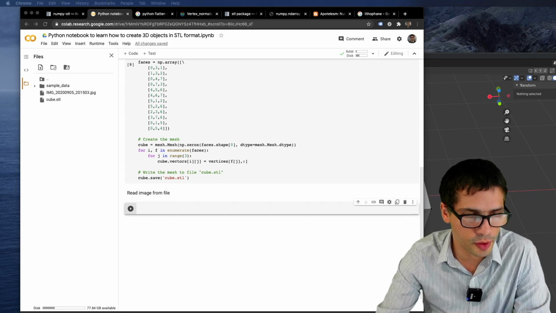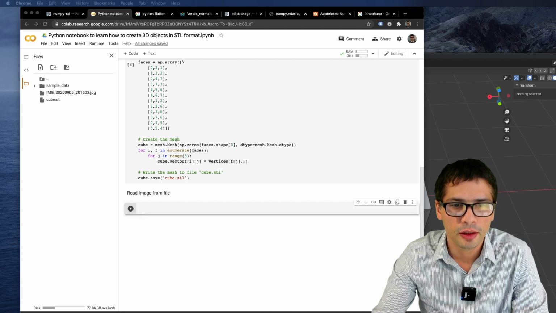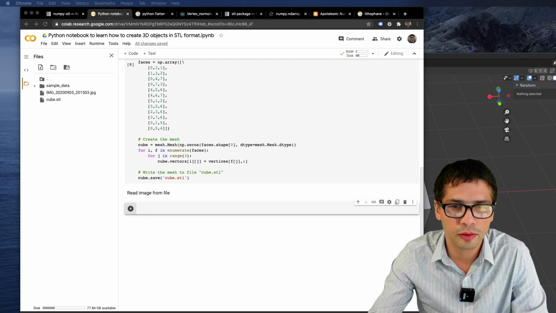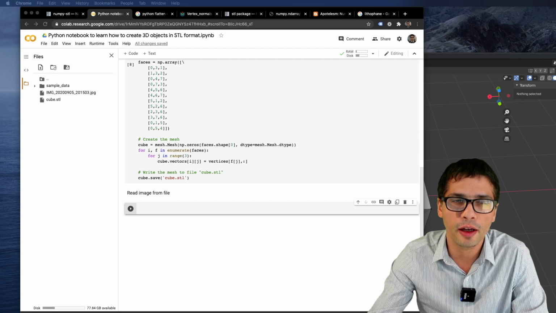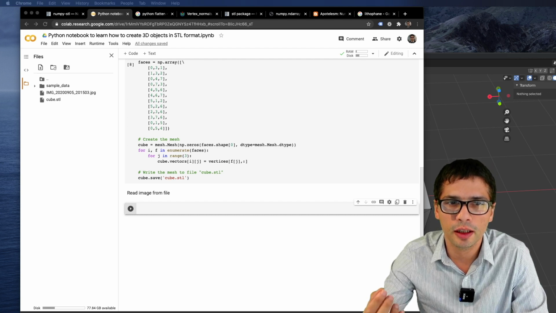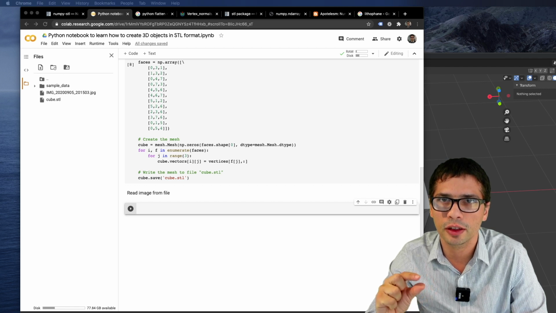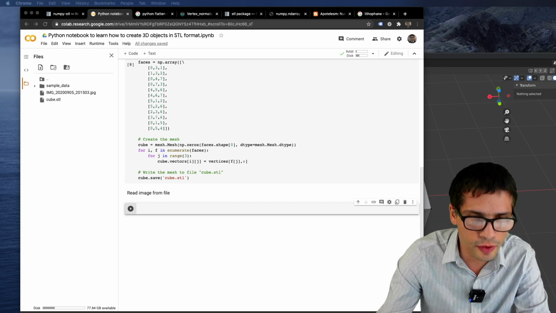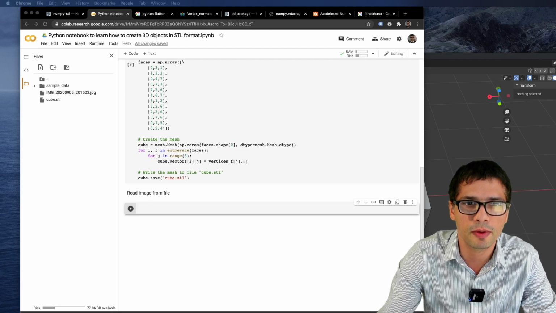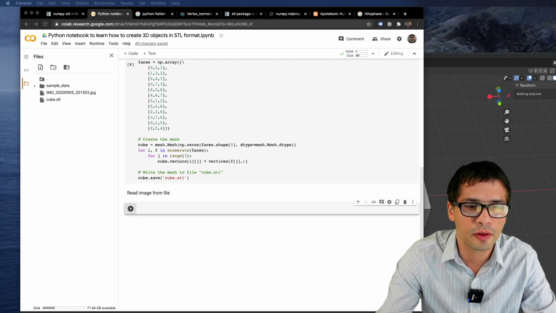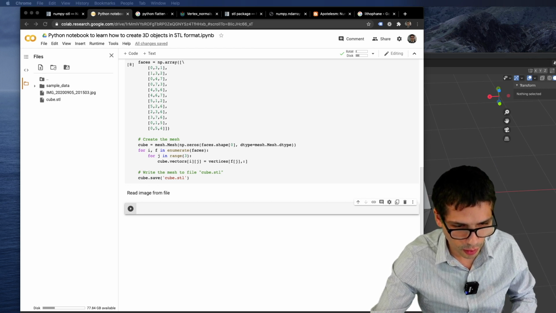What I'm supposed to do is read an image from a file, convert the image from color to grayscale, then take the pixel intensity in grayscale, which goes from 0 to 255, and use that to create a 3D object using the thickness of each coordinate in the picture. Of course, I need to downsample the picture to something more manageable, because otherwise the 3D model itself could be huge. So I'm going to use a library called Pillow.